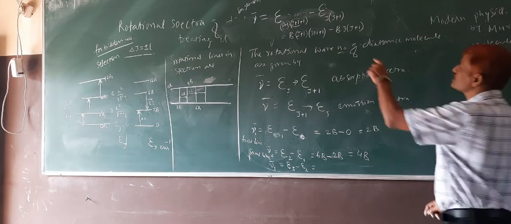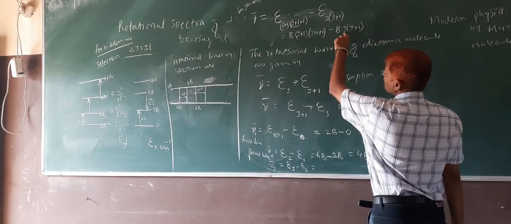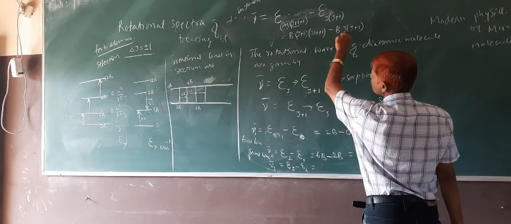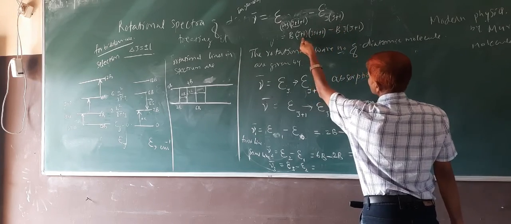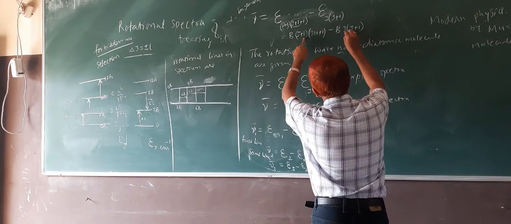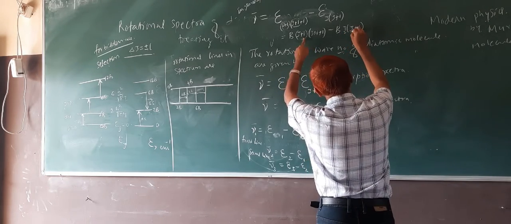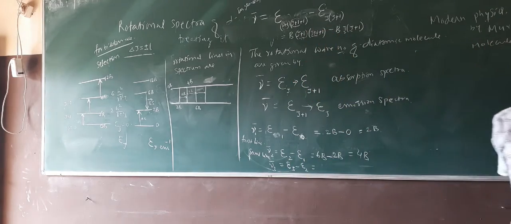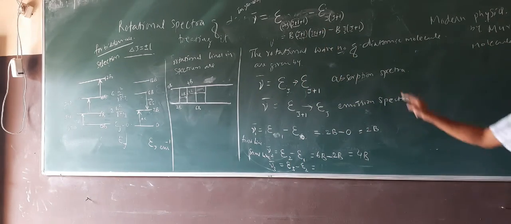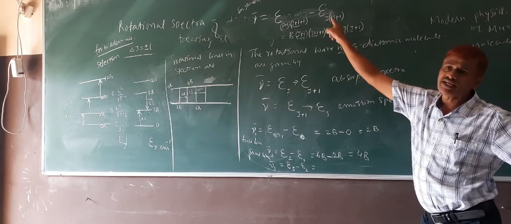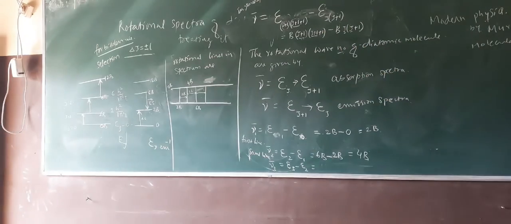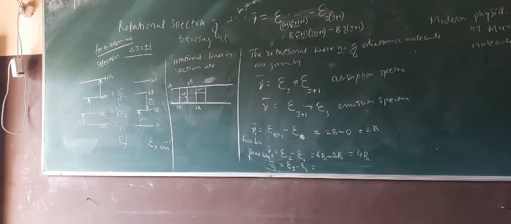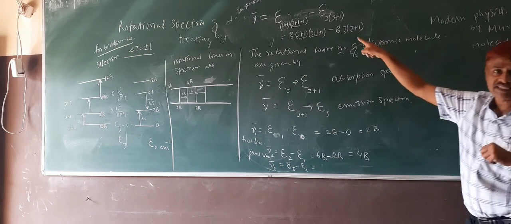Here what I will do is, it is for J. Wherever I am getting the higher state, J should be replaced by J plus 1. Here J is replaced by J plus 1. Here also J is replaced by J plus 1. That is what we change. Higher state means instead of writing J, you write it as J plus 1. Now, what is the difference that you are going to get? Simplify this.